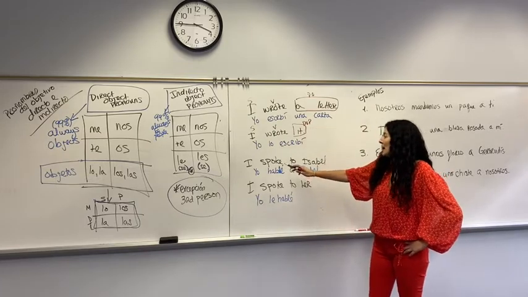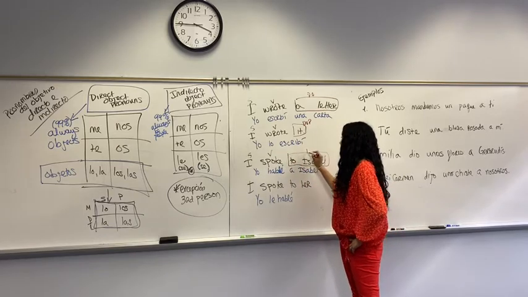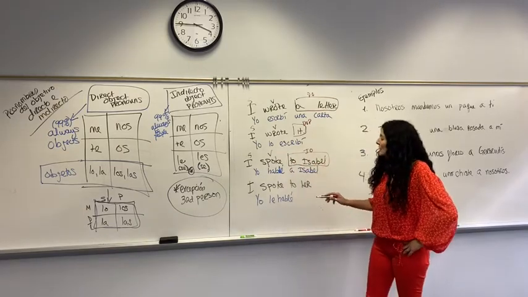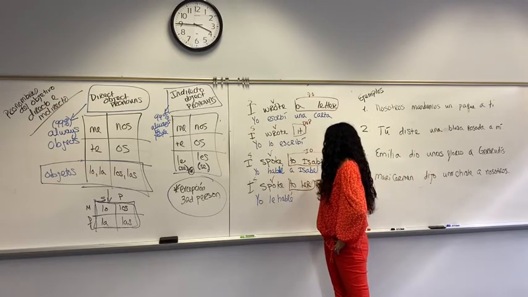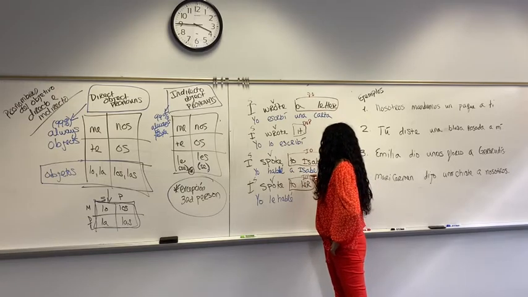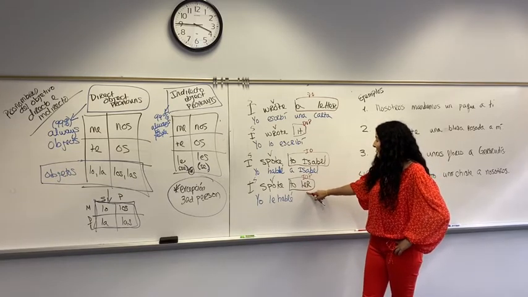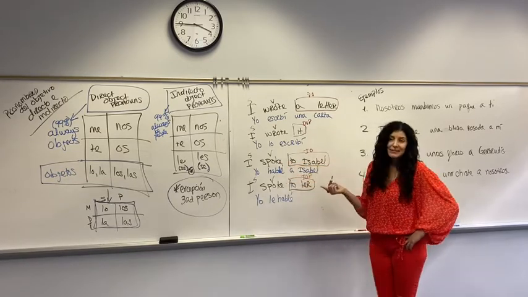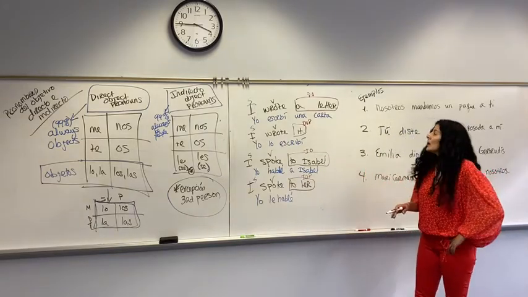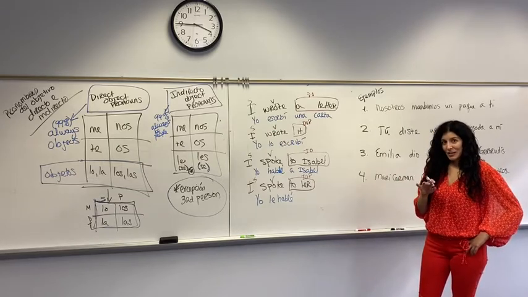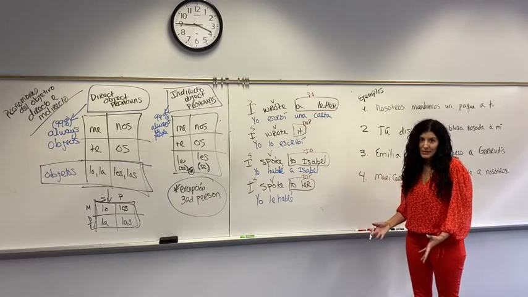Here again, I spoke to Isabel, we have the subject here, the verb here, and the indirect object. Here we have the subject, I spoke to her, subject, verb, and here we're going to have the indirect object pronoun. Okay? But you'll notice that the structure of the sentence didn't change. You still have subject, verb, and anything that comes after. This is not at all how this functions in Spanish. And this is part of the reason why people find this to be so confusing.